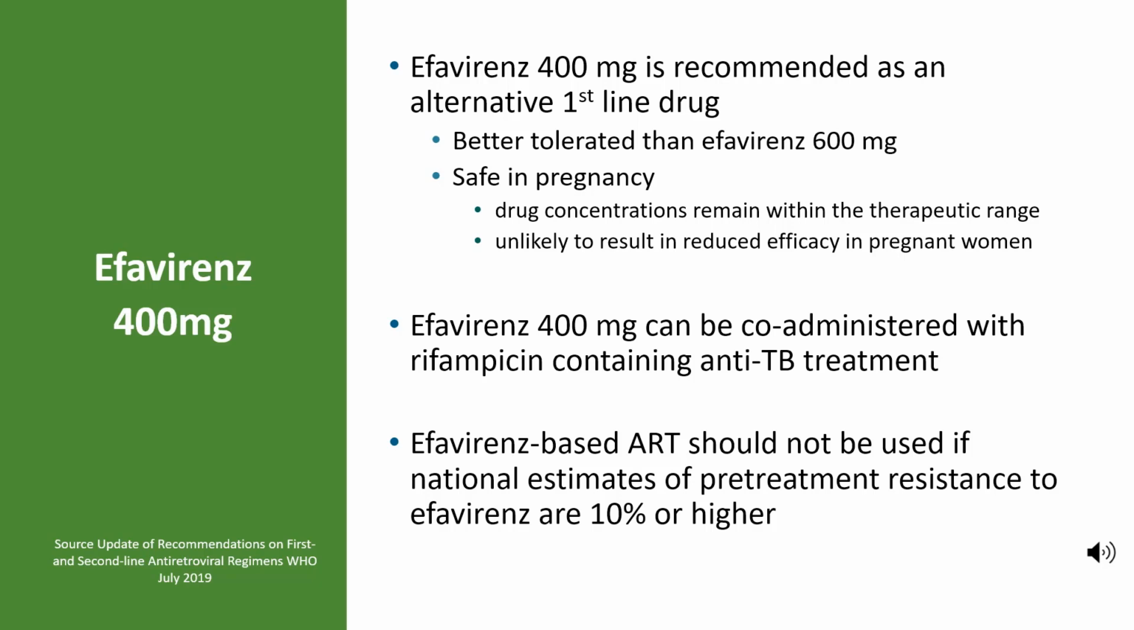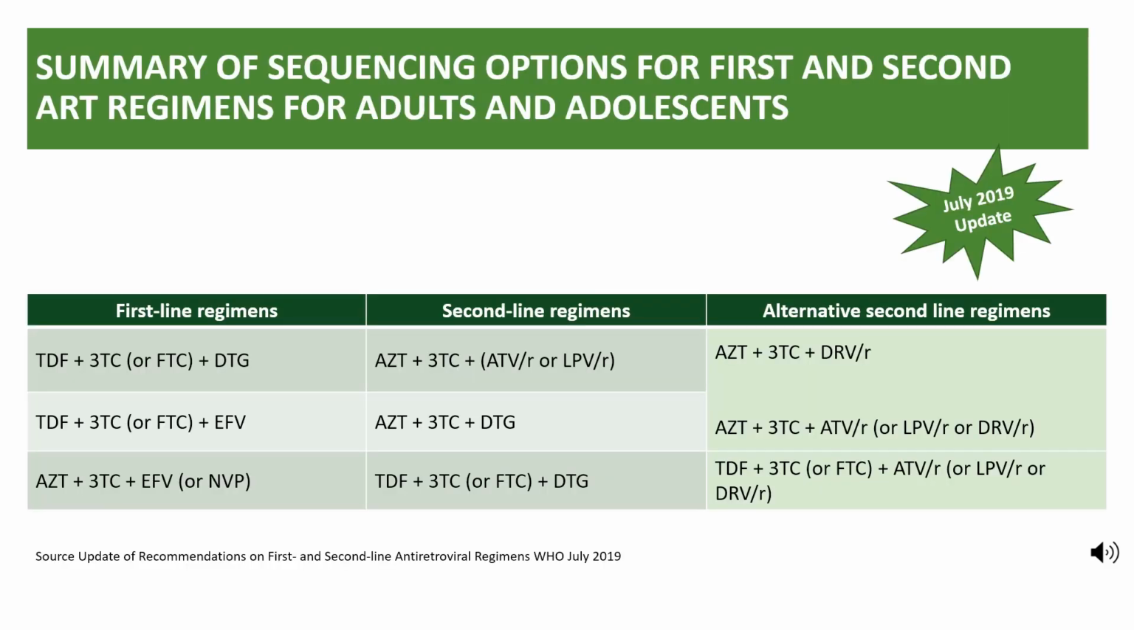Efavirenz 400 can be co-administered with rifampicin-containing TB treatment regimens, is well tolerated, and plasma concentrations are maintained above the levels considered to be effective. Please note that it is not advised to use efavirenz 400 and efavirenz 600 in settings with high levels of pre-treatment HIV drug resistance. WHO recommendations on sequencing options for first and second antiretroviral regimens for adults and adolescents are